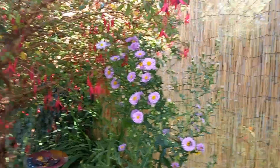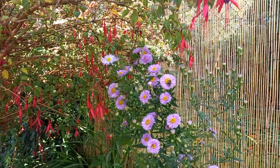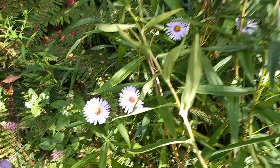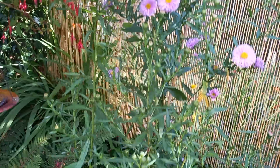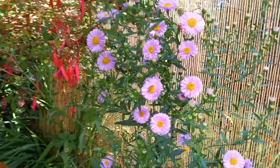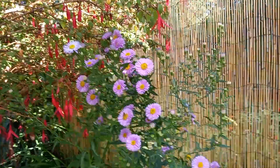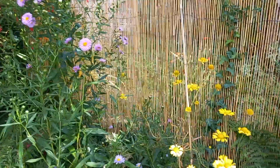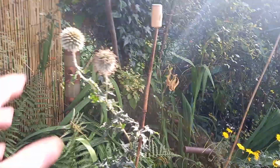These are asters growing and obviously attracting the bees too. These are great because they're late flowering. There's two different kinds. There's like a more simple one there, and this one's a bit denser, which seems to have more of the insects on. We've got a hoverfly and a carder bee on there at the moment. They're beautiful, aren't they? They only start to open as the weather cools, with the marguerite next to it. It's lovely. Ferns, seed heads of the...